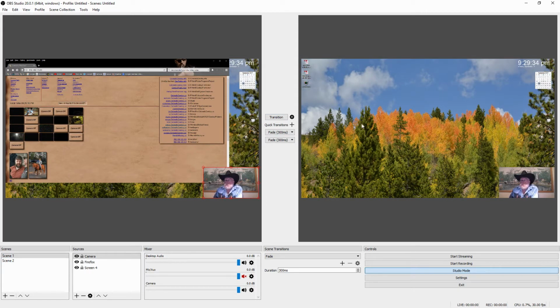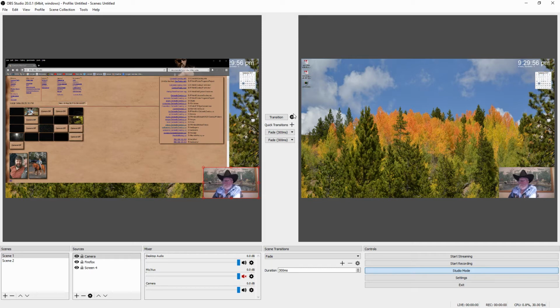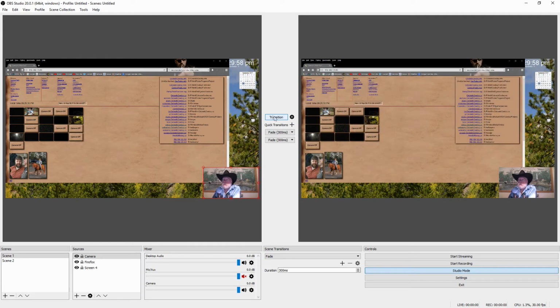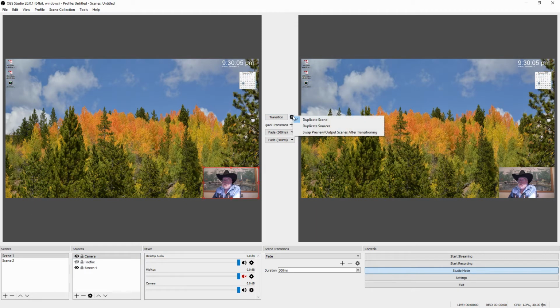Now you notice what was over here has now switched over here. There's a setting in here someplace that I came across the other day. Here it is. Click on the gear. This says swap preview and output scenes after transitioning. I find that a little bit awkward. If you've only got 2 scenes to work with, that might be a good thing to work with. But that's not what I want. I want to be able to control mine individually. So if I turn that off,